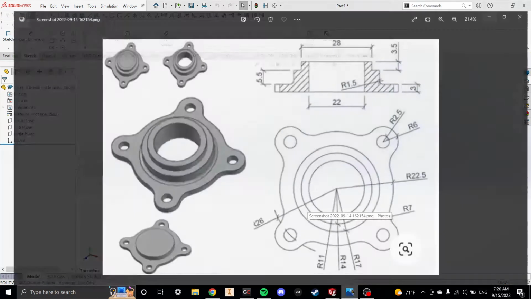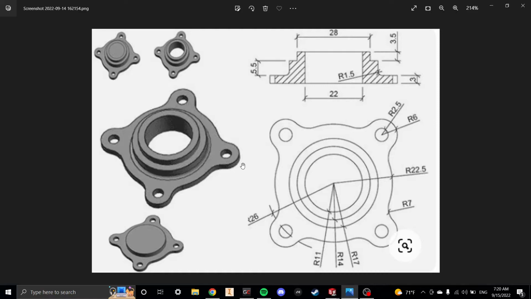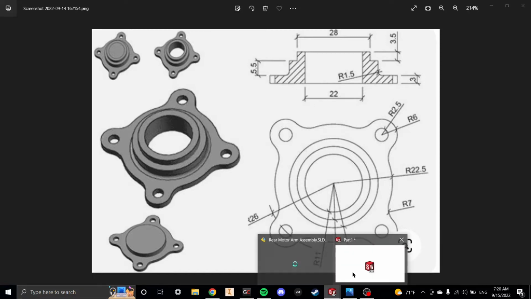So today, to start, we're going to be creating this part. It's just an arbitrary part to get started. A good one to learn on. It does a few different things. To start this part, I would be looking at the slice of it here and trying to do a revolve around a center axis to create the circular shape of it to start. So we'll create a stair-step thing here first in SolidWorks. So go back to SolidWorks,